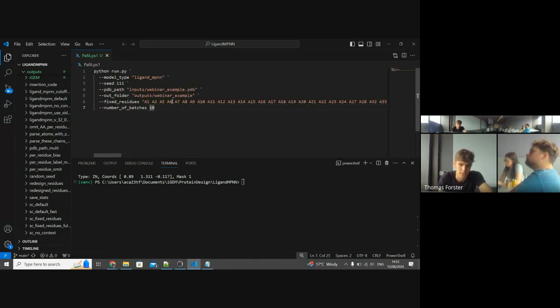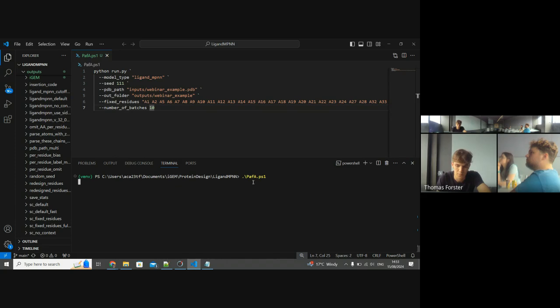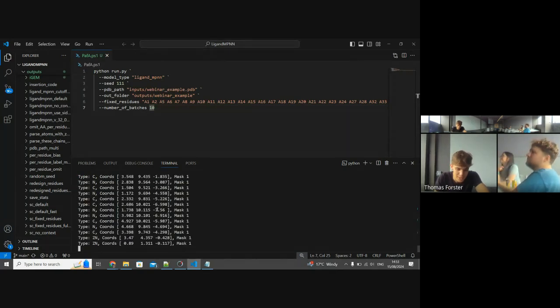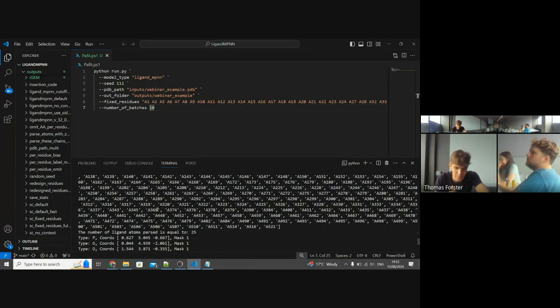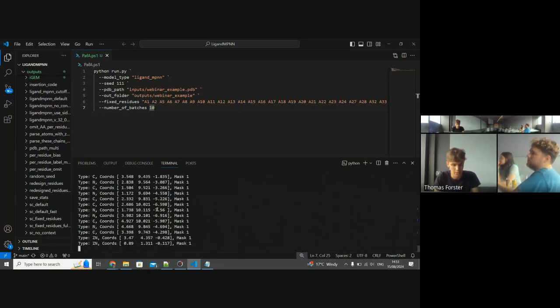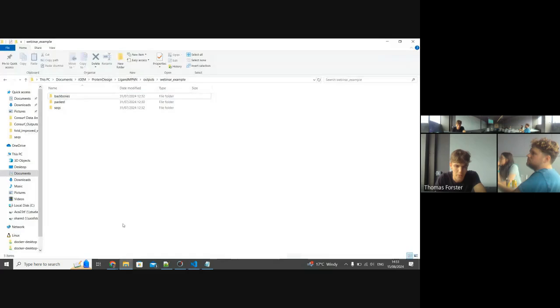And then finally, it's the number of batches. This basically corresponds to the amount of new improved sequences that you're going to get out. So in order to run this script, you just run the path.ps1. And then hopefully this won't take very long to see it happen, I believe. Essentially, it'll run and you'll get something that looks a bit like this, and then that means everything's worked and everything's okay. But I've already done this, so we have an outputs folder here,